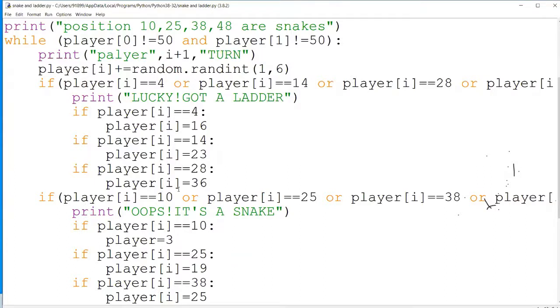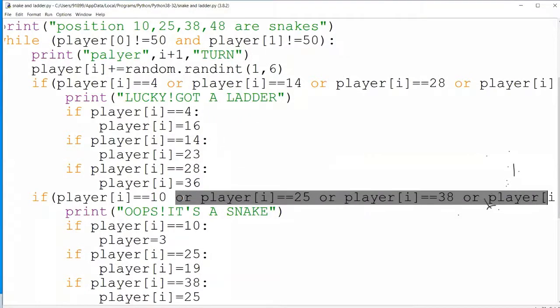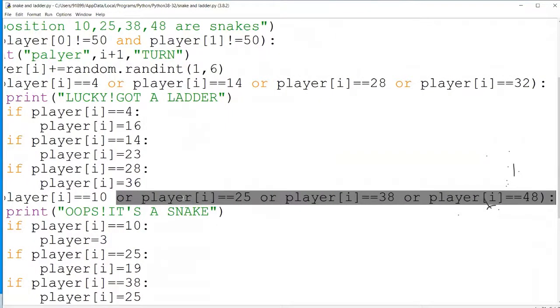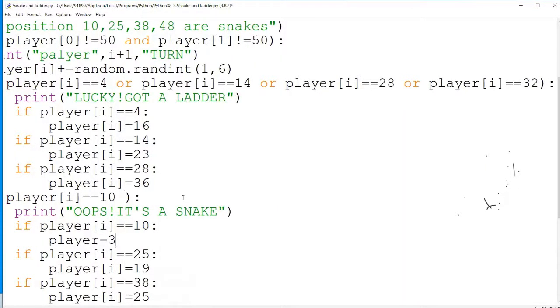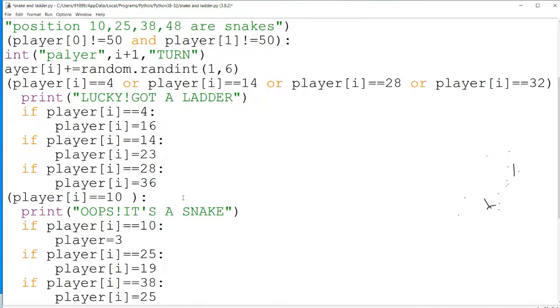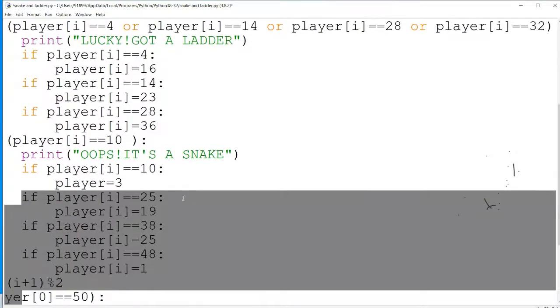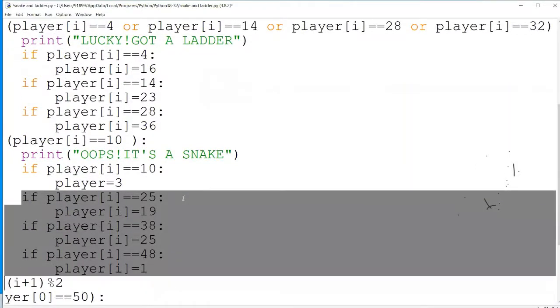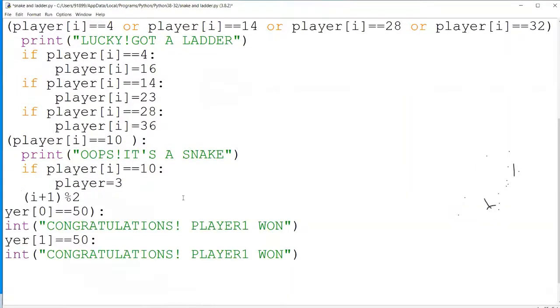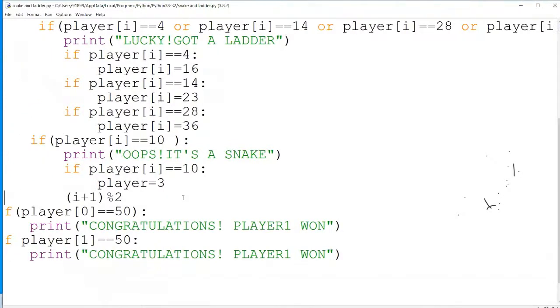I'll reduce the snakes because I just wanted to make the user proceed further. If everything works normally in this case, we can continue with the other parts, because I just wanted to test it.